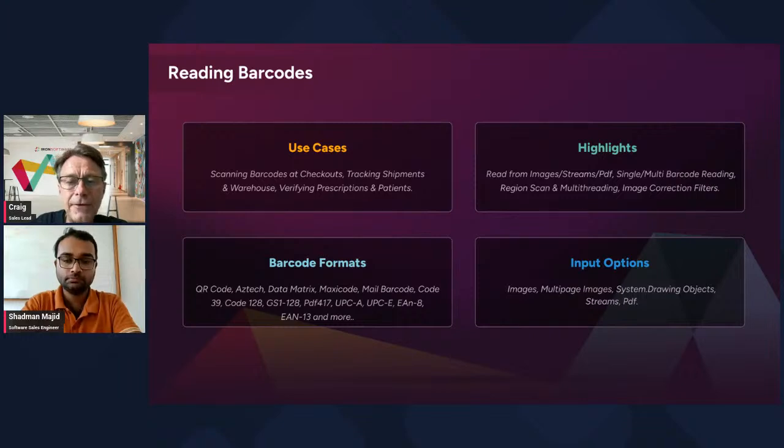Healthcare, they're a big customer of ours. You can read barcodes on patients' wristbands, prescriptions, and medical records, etc. Payments and ticketing, to validate QR codes for transactions, event entry and discounts, etc. Manufacturing, scanning work orders and product labels for quality control and tracking. POS systems, to speed up checkout and inventory updates by scanning product barcodes, and security and identity, to verify barcode IDs